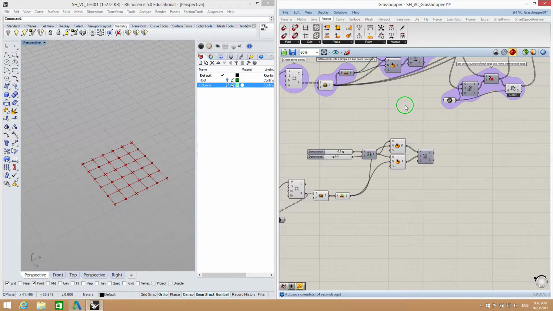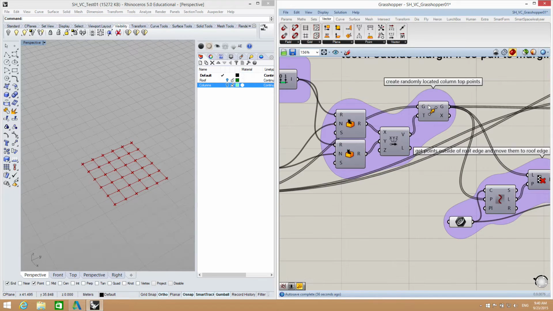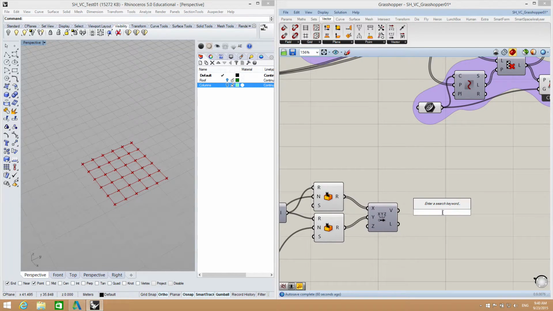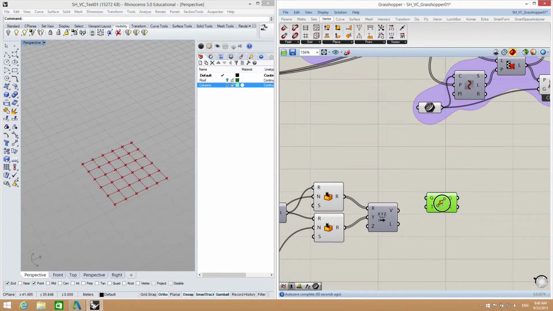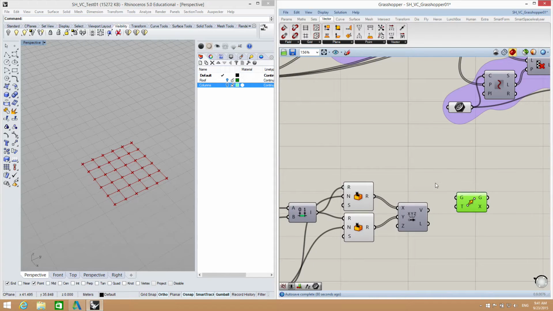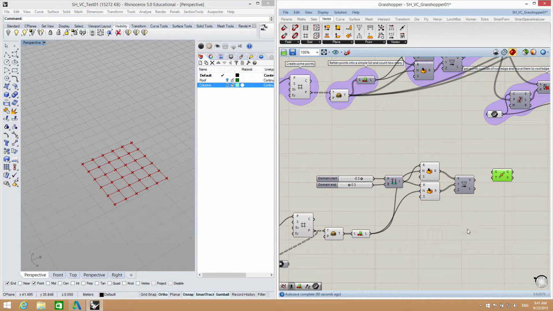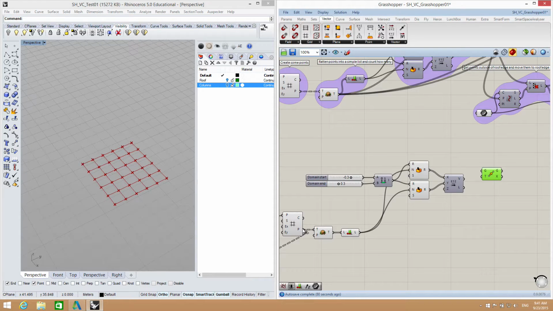All right, so we've got that. Now the next thing we want to do is move those things. We want to move it. So we're going to use the move. So double click, type move, and there's the move. What this thing is asking for is geometry and a motion, which is a translation vector. So we've got our vector, and then we have our geometry, which are these original points, right? So if we connect these points down here, and we want the flattened list of points,